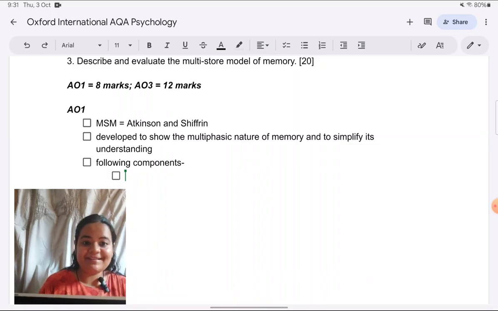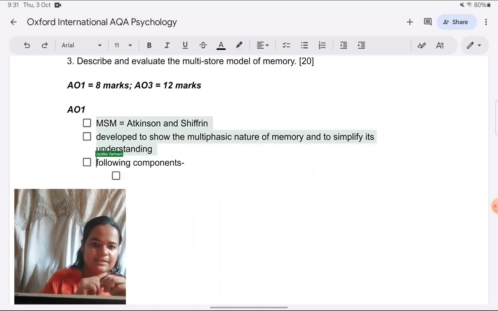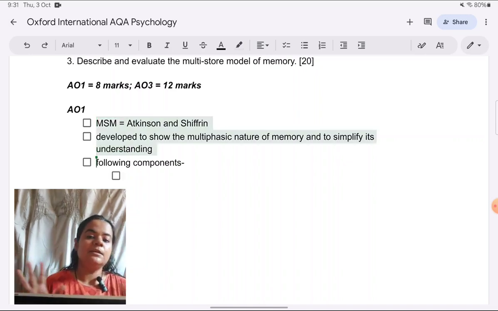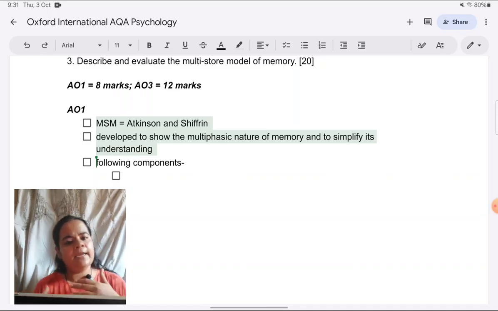The paper is quite lengthy anyway. You have to write so much in just 1.5 hours. So why waste time writing an introduction and conclusion? And within the answer itself, like I said, if you give a general purpose of why the model was created, it's a kind of introduction which you have given.